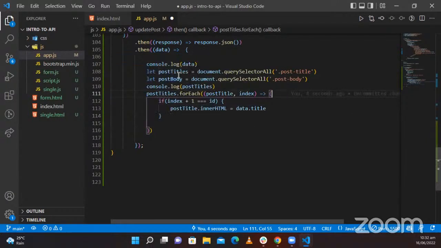I've done it for the post title. Now the post body, I still need to do the same thing. So you know when you do query selector or